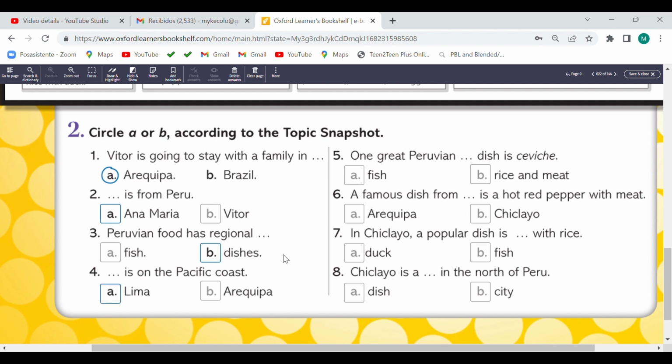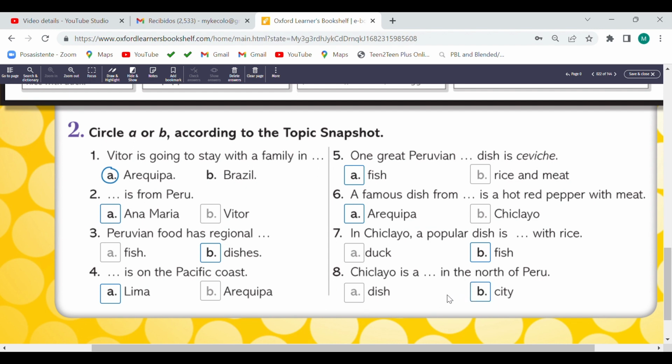Number 5, one great Peruvian fish or rice and meat dish is ceviche. Fish. Number 6, a famous dish from Arequipa or Chiclayo is a hot red pepper with meat. Arequipa. Number 7, in Chiclayo, a popular dish is duck or fish with rice. Fish. Number 8, Chiclayo is a dish or city in north of Peru. City.